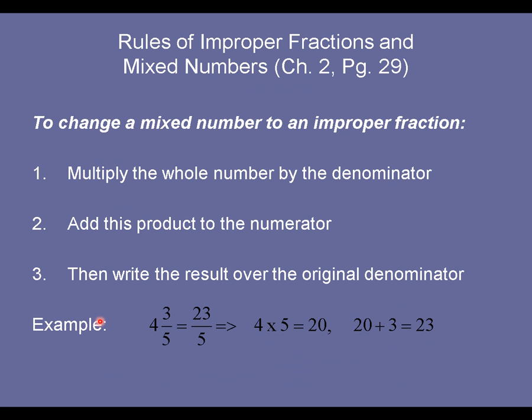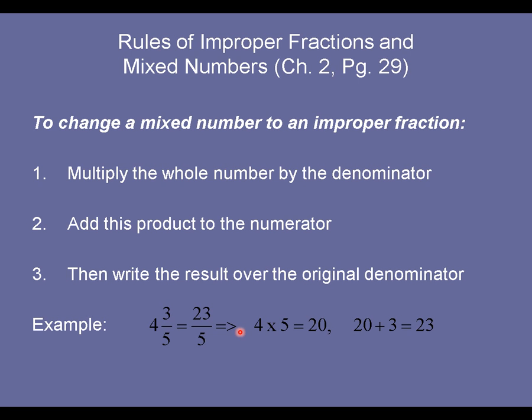So this is the same thing. We just first have the steps. That's still the same thing. So how to change a mixed number to an improper fraction? Because any mixed number, no matter how it looks, we can change it to an improper fraction. So in the mixed number we have one whole number, right, and one fraction where we have a numerator and denominator. What we do is we multiply the whole number